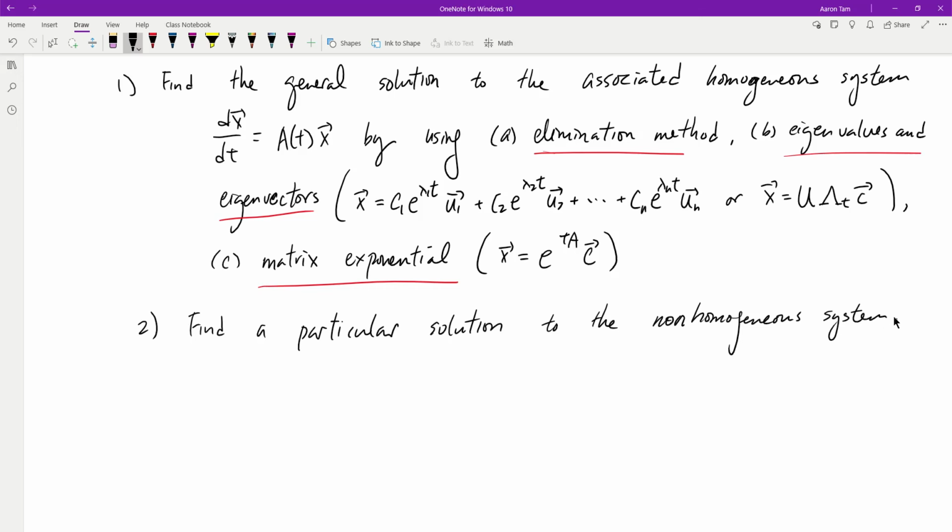How do you find the particular solution? Well, there are quite a few things. Find a particular solution to a non-homogeneous system, either as a byproduct. If you use the elimination method, you really don't have to worry about it because the elimination method will find the particular solution along with the homogeneous solution. So either as a byproduct of the elimination method,